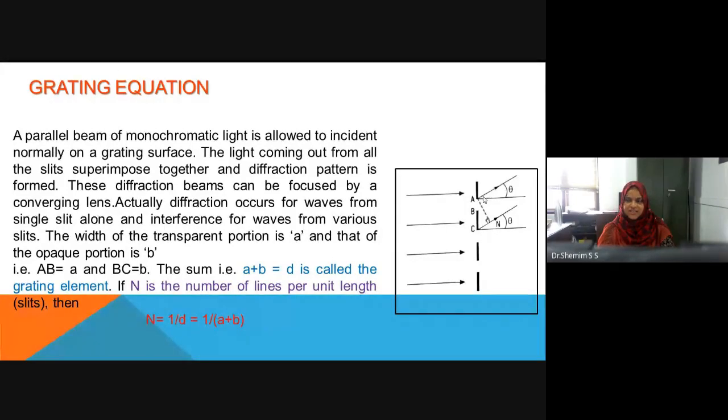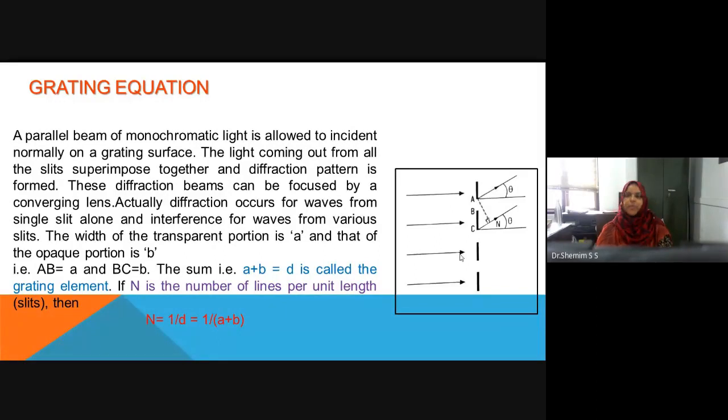For that, we will consider a grating. In this figure, let this be the grating. You can see a large number of parallel slits separated by opaque portions. All the black portions are opaque portions, and here we have the slits. Let us consider the first slit AB. Then we have another slit from C to D, and then another slit here. Like that, we will have a large number of slits, such that there will be 6,000 lines or slits